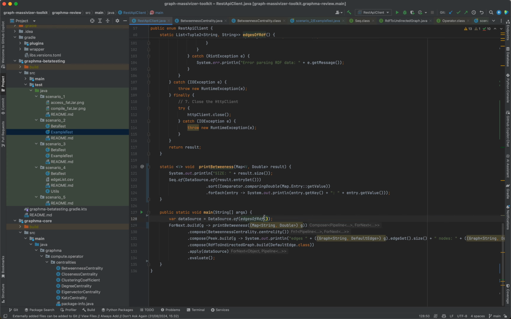We just built a data source from it, which extracts a traverser from the list, and we read that up to down. So we have this evaluate, we have the data source. The data source is streamed into a stateful operator, which is called RDF to undirected graph. What this operator does is accumulate all the nodes and edges in a graph data structure,